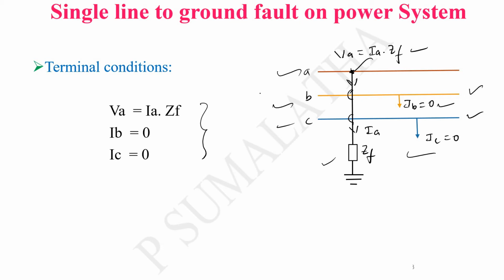The only change here is that the synchronous generator network will be replaced by the power system network, and the sequence network interconnection will be represented by the Thevenin's equivalent values. That's it. Other than that, the remaining things are all the same. The rest of the derivation is the same. Now we know the two conditions for the current. So we are going to find the symmetrical components with respect to the current only.